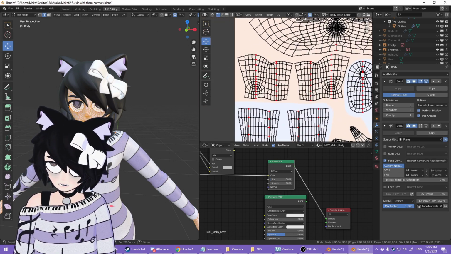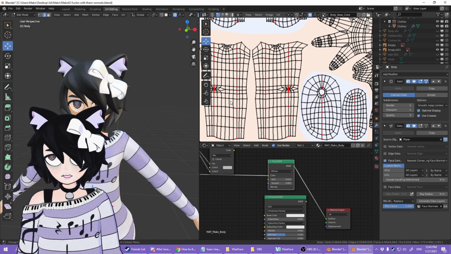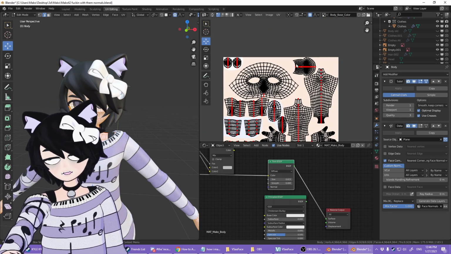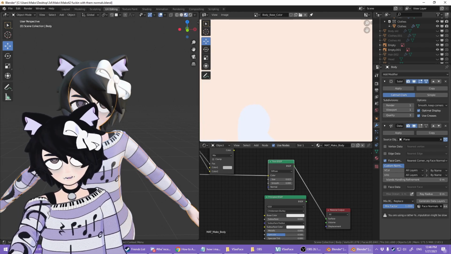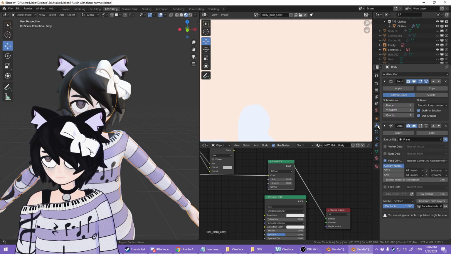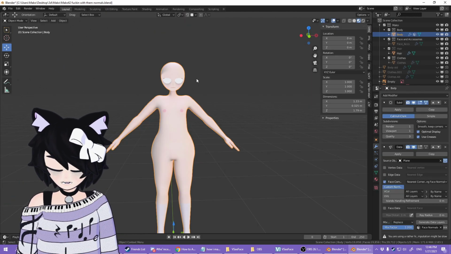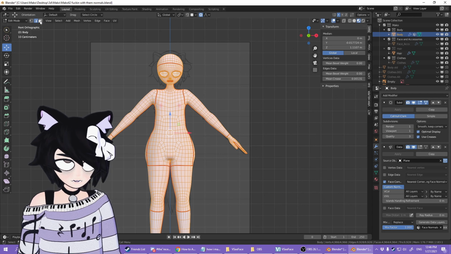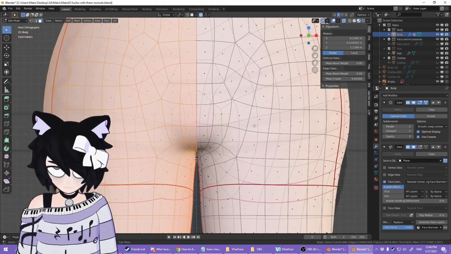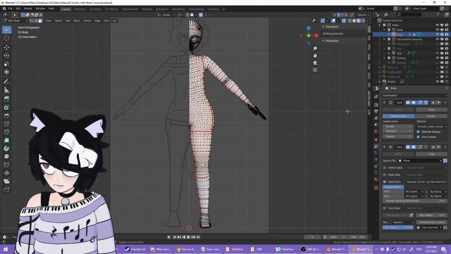And I also just organized these in terms of where they are. These are the upper thighs, these are the starts of the socks, these are the arms, I believe, and the feet. Now, here's the thing. I could have done twice as good as this, because you see, I don't currently have a mirror modifier on here, but I probably should, because if I did, let me just quickly delete half the body. I turn on this so I can select through things. And... almost. Alright. Half of the body.